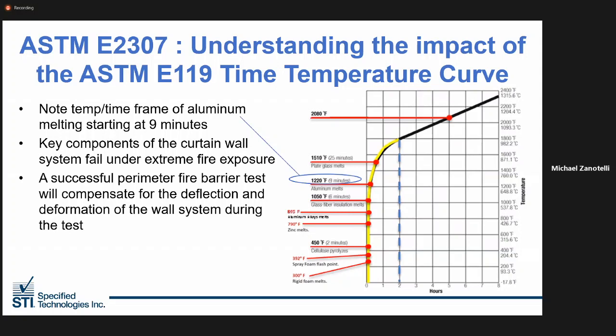It is important to note exactly how critical and severe the ASTM E2307 test standard is for perimeter fire barrier systems by looking at the ASTM E119 time temperature curve used during the test. Note the melting points of rigid foam panels at 300 degrees Fahrenheit, spray foam 390 degrees Fahrenheit, zinc will melt at 790 degrees Fahrenheit, and aluminum alloys begin to soften at 865 degrees Fahrenheit and will melt entirely at 1220 degrees